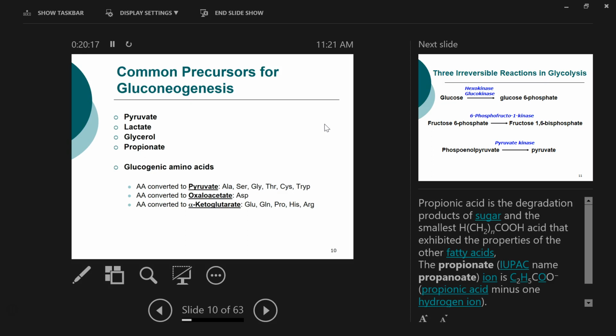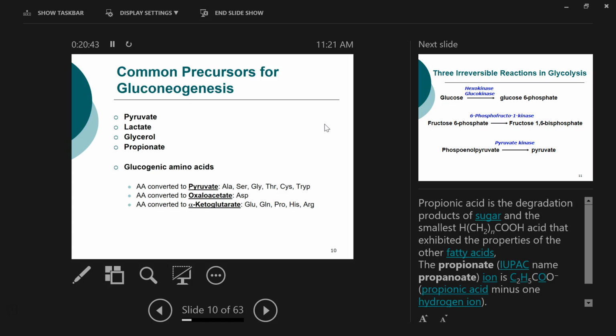Now this is something that you need to remember, right? The common precursors for gluconeogenesis: what molecules can be used for synthesis of glucose. In general, it's non-sugar molecules, like pyruvate, lactate, glycerol, propionate,